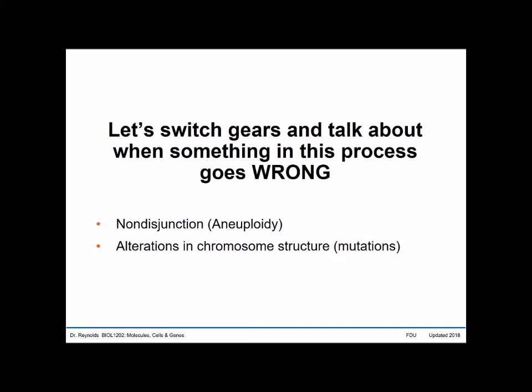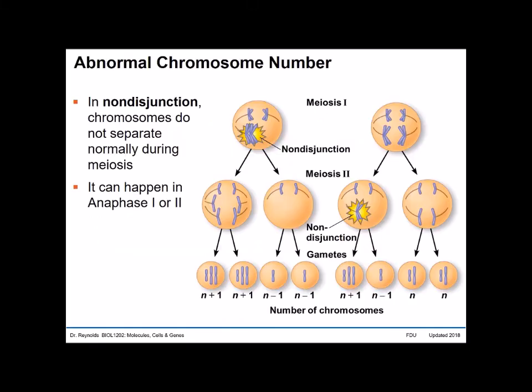We're going to focus on non-disjunction, particularly this concept that we call aneuploidy, but you can also read in your textbook about alterations in chromosome structure, also known as different types of mutations. So non-disjunction refers to the fact that sometimes chromosomes do not separate normally during meiosis. Now this can happen in both anaphase 1 or anaphase 2, and it changes slightly the nature of this aneuploidy